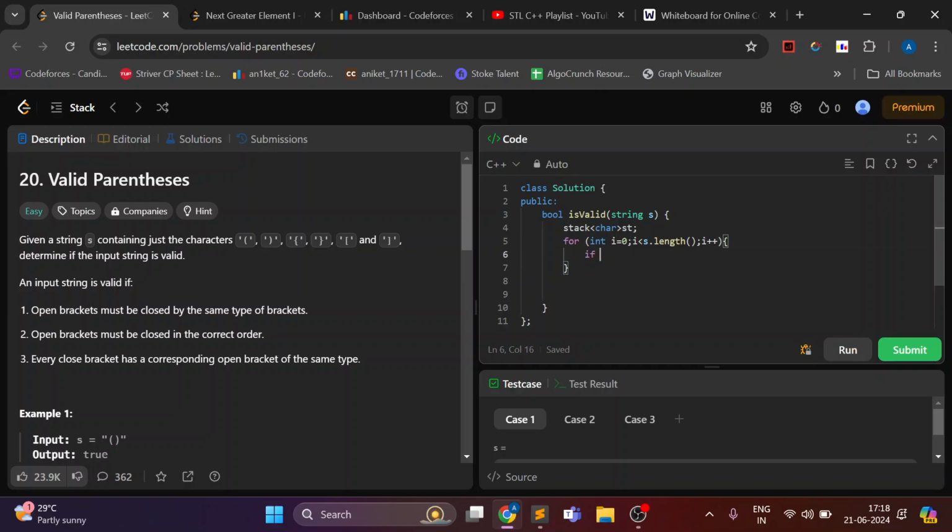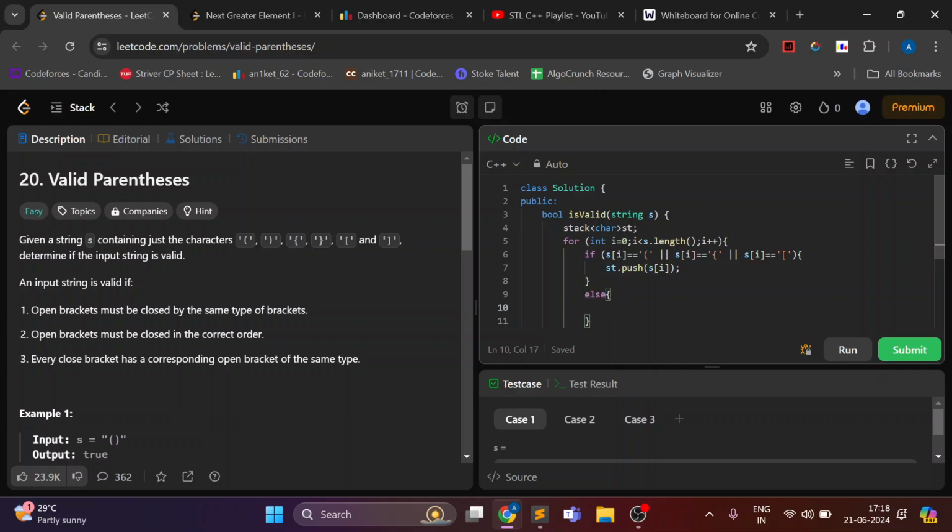Now let's say the current brace is an opening type of bracket. So if it is an opening bracket, what I will do is I will just push it in my stack,